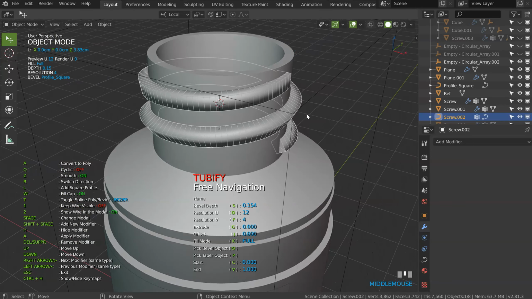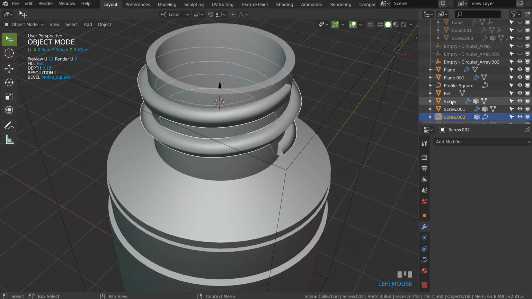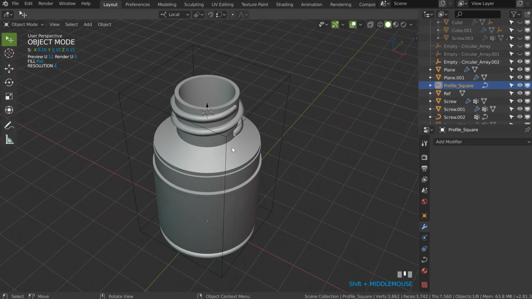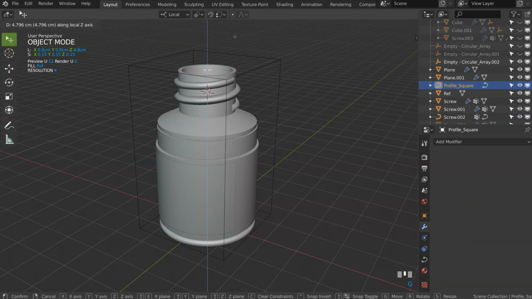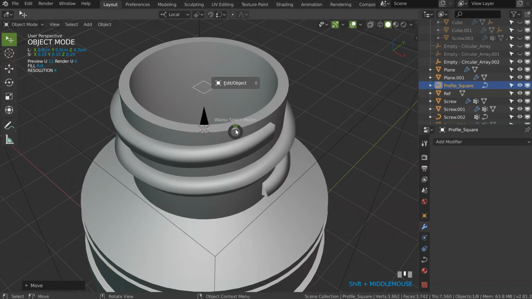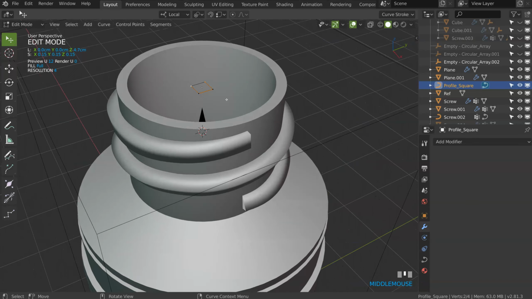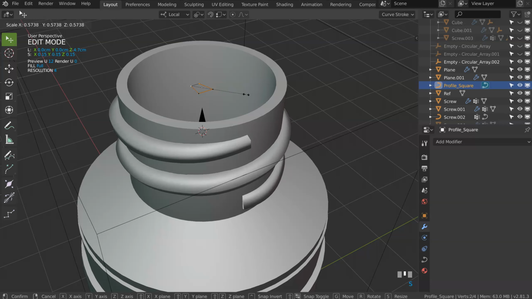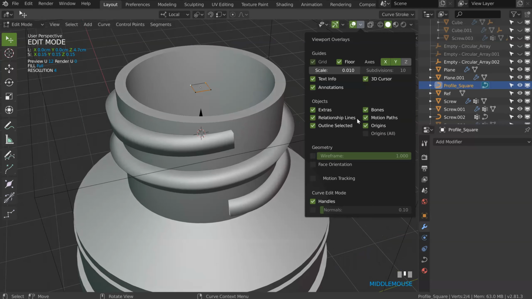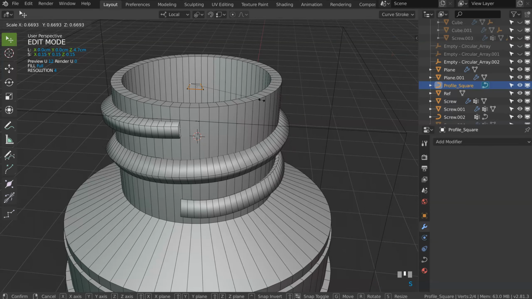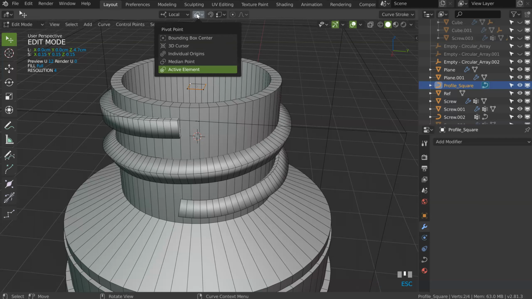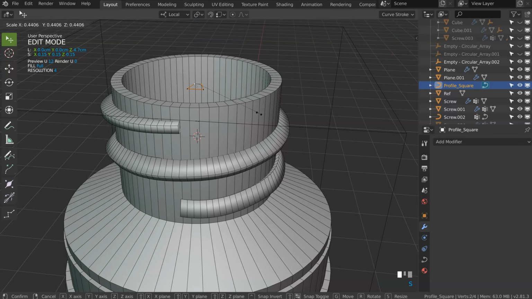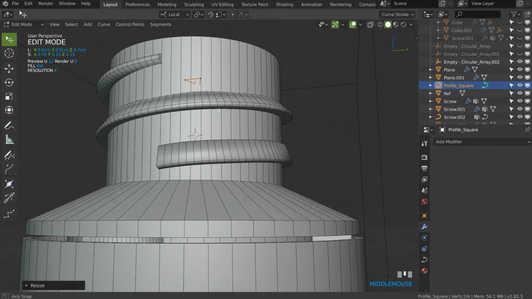Okay, so what I want to do now is to select my square, profile square. Let's move it here. I will select it, and I will select, let's see, those two to see if the result is as I want. So activate the wireframe, scale, and as you can see here, this is not what I want because I need to change it to medium. So now I can have this result. Yes, this is what I want.